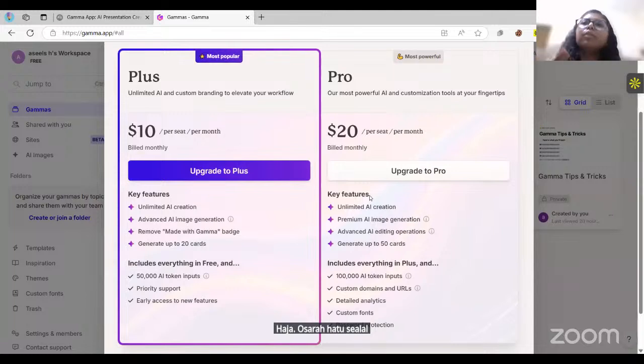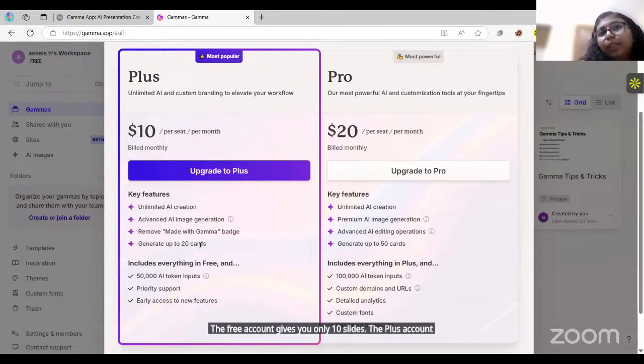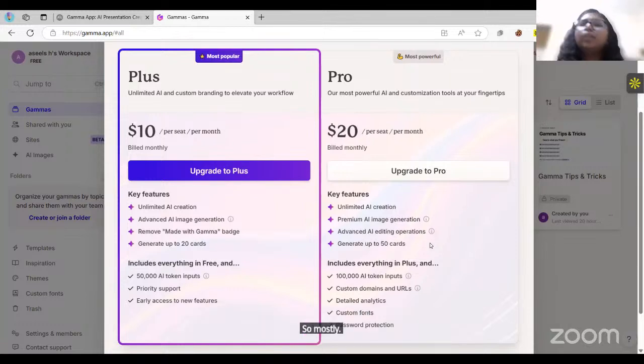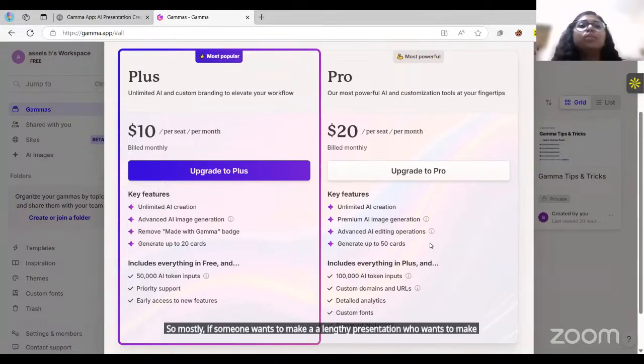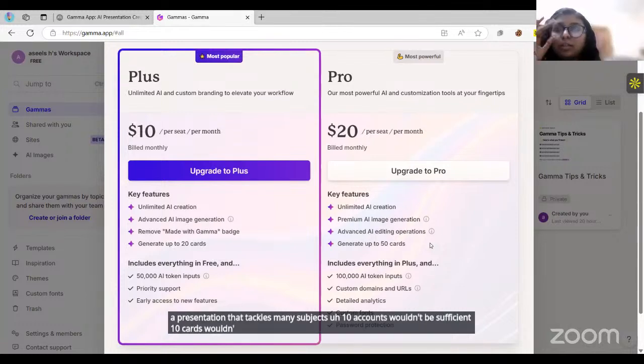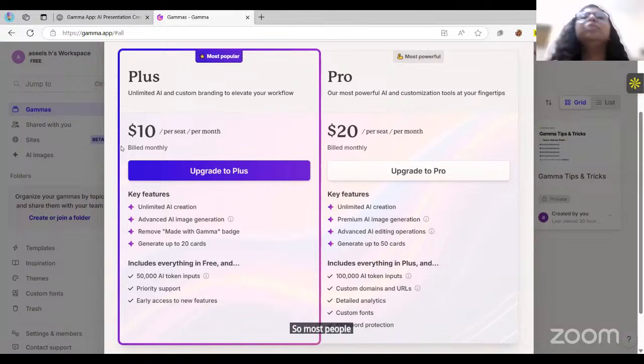The idea is that the free account gives you only 10 slides. The Plus account gives you up to 20 slides, and the Pro account gives you up to 50 slides. So if someone wants to make a lengthy presentation that tackles many subjects, 10 cards wouldn't be sufficient, 10 slides won't be enough. So most people pay for that, which is 10, 20,